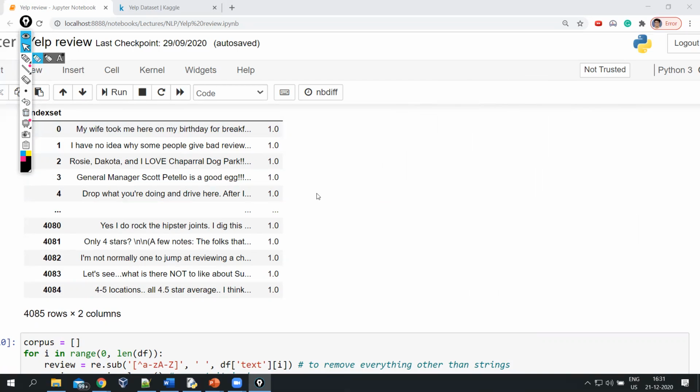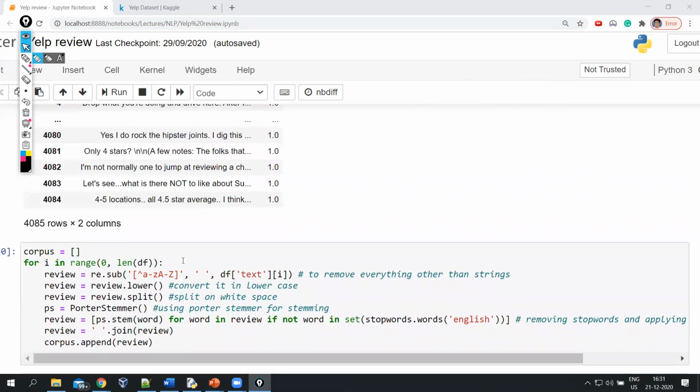Okay, so I have done all this for you. First, like I said, I will remove the punctuations, like this question mark, this slash n, this bracket. I will remove these digits as well, and these dots. So it will all be removed. For that I am using a very powerful library, regular expression. This is the code for it, and it is used for pattern matching. The star means to check at the starting of the word.